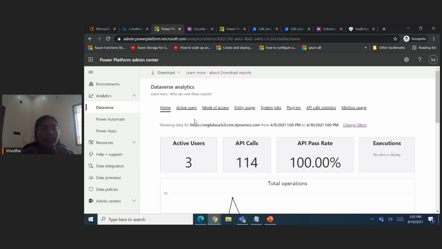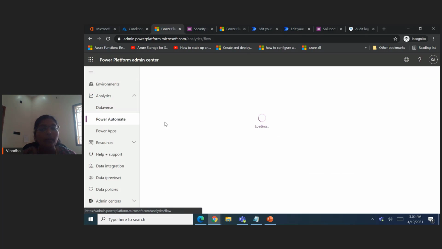Here you can see the Dataverse analytics such as active users and their specific operations and their mode of access, such as operating system and device type, and you can also see API calls, API pass rate, entity usage, etc. And in Power Automate Analytics,